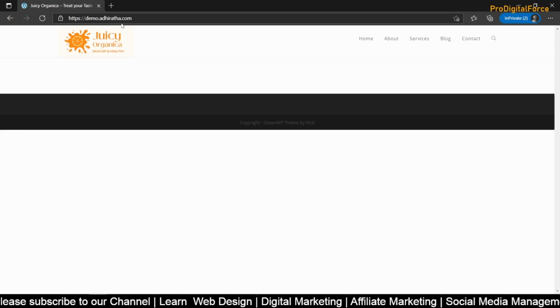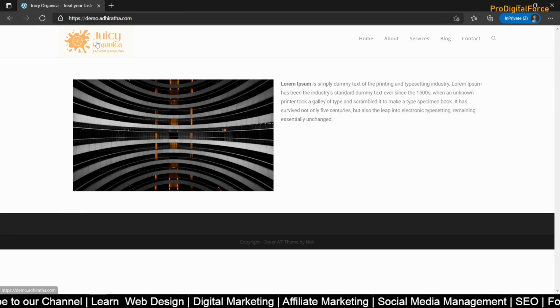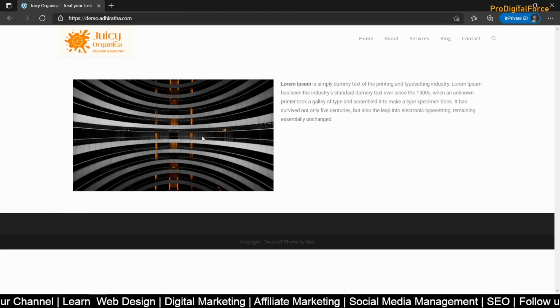let us go and check. Okay, the logo is there, the navigation menu is there, there's an image, but if you see the text, see here, image and the text, right, there is a lot of space below, and on the top there is no space, and below there is a lot of space. So that is the alignment. Align it properly so that it looks good.